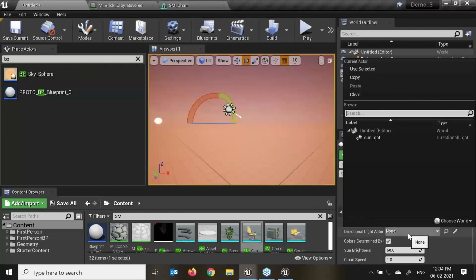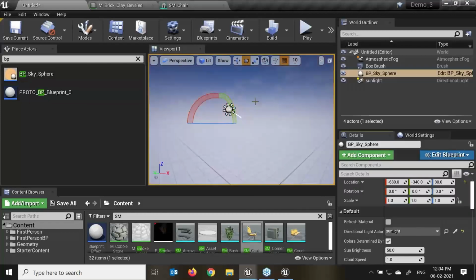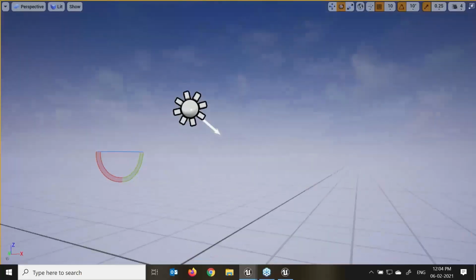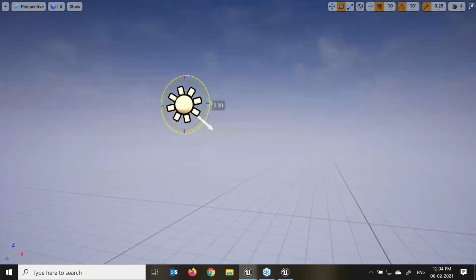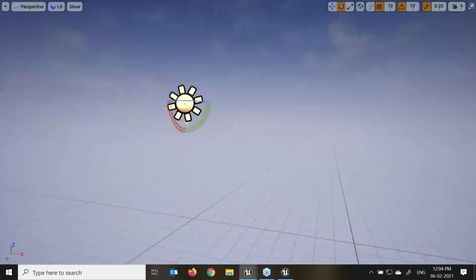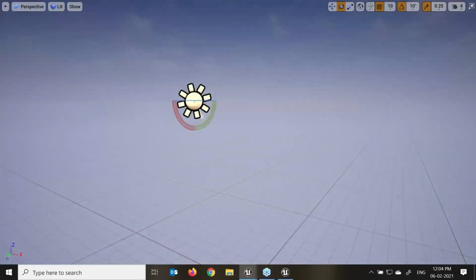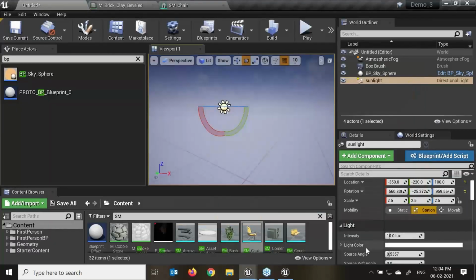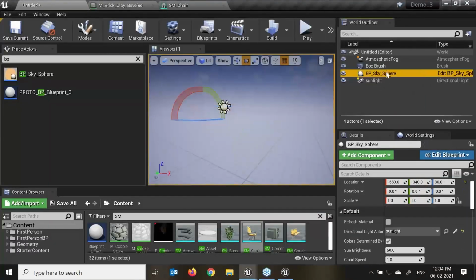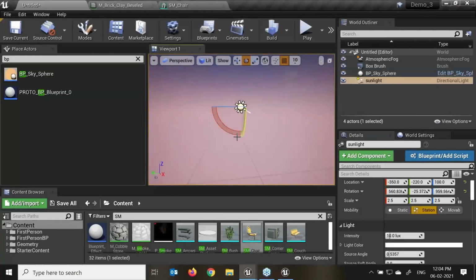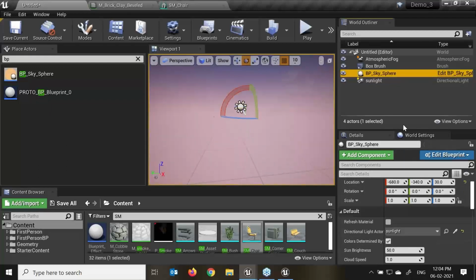Now in the directional light actor, I have this sunlight, that is my directional light. Here we can say this has become my scene. So whenever I rotate, my atmosphere and my sky, again select, press F11, BP sky, and just click on the refresh. Select this, rotate as per the requirement, select and click on the refresh. Again BP sky, just click on the refresh.